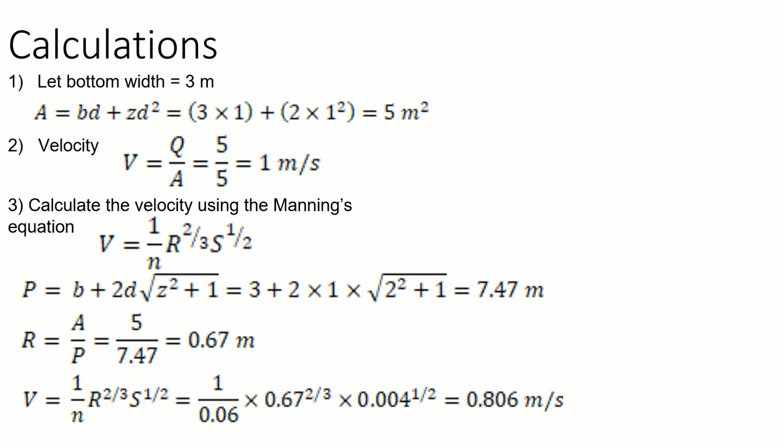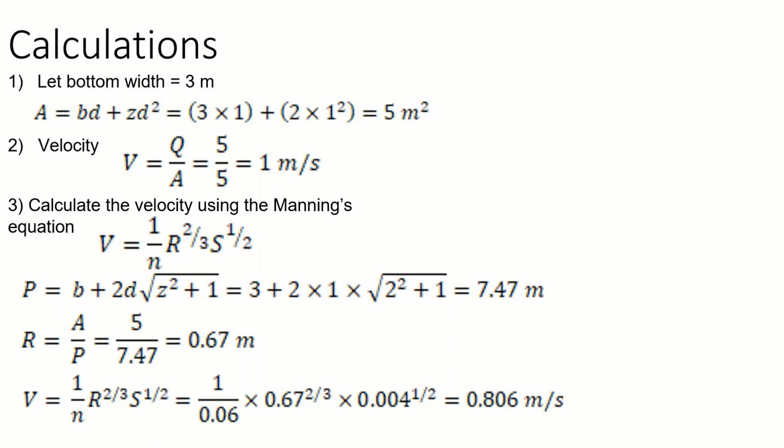Now let us substitute this in Manning's equation. V equal to 1 by n R raised to 2 by 3 S raised to 1 by 2. We will get velocity equal to 0.806 meters per second. They seem to be different. This is 1, this is 0.8. So now